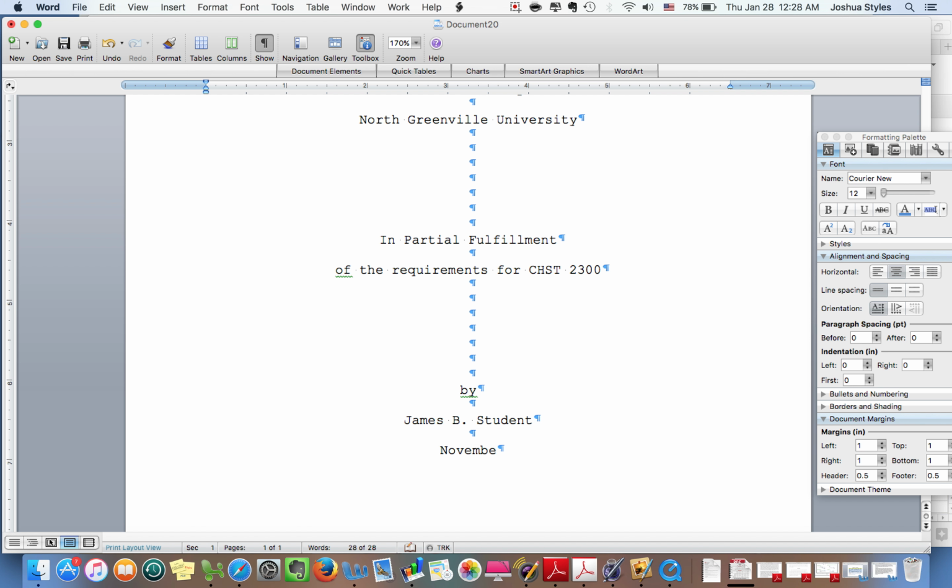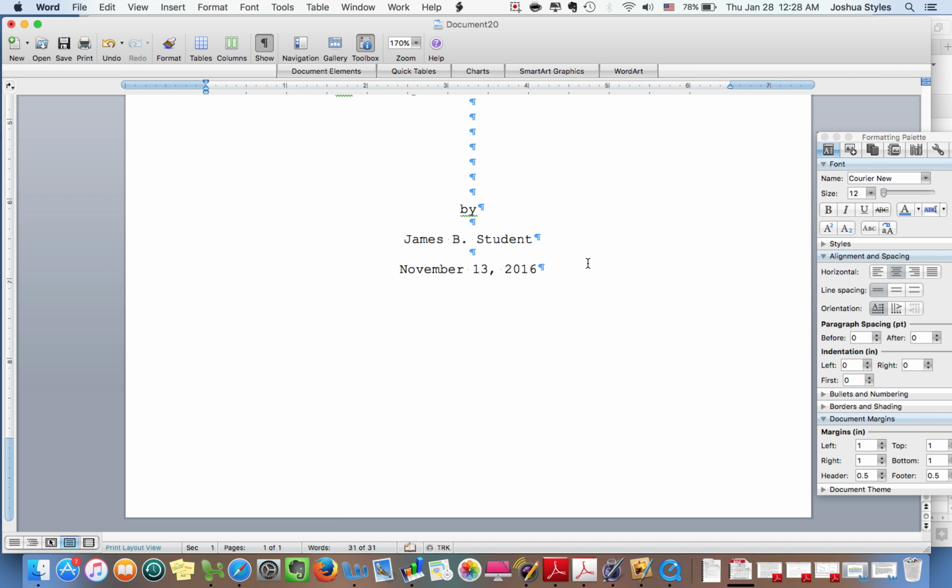So if it's November, you'll write out full November. Then you'll write the date in Arabic numeral 13, November 13th, and then type the year. November 13th, 2016, or whatever the due date of your paper is. Now, we're finished most of the way here, but there's one additional step, and in the Christian Studies Manual of